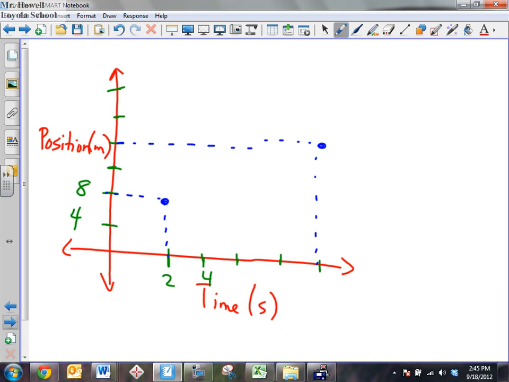So this one will be 2, 4, 6, 8, 10. Here we're going to have 4, 8, 12, 16. Along this axis it's 2 and then 8. So, if the position of an object changed from here to here, okay, changed from those 2 locations,